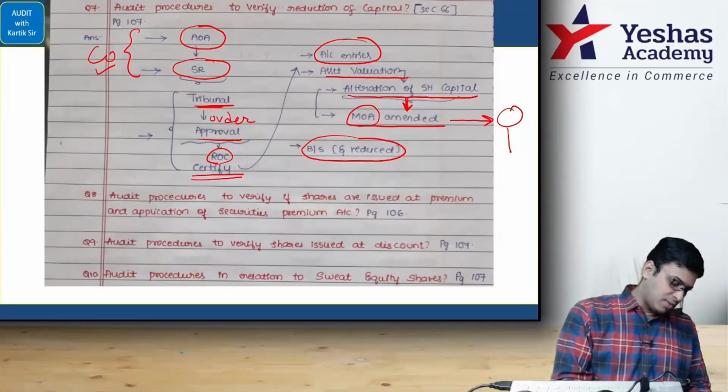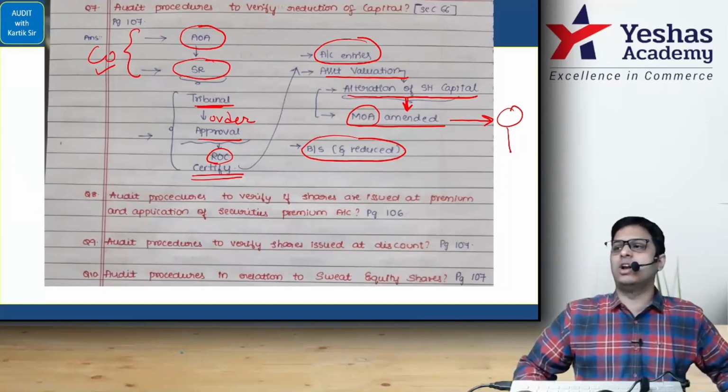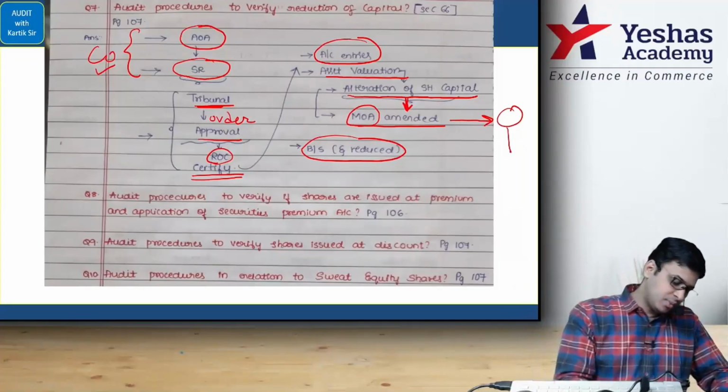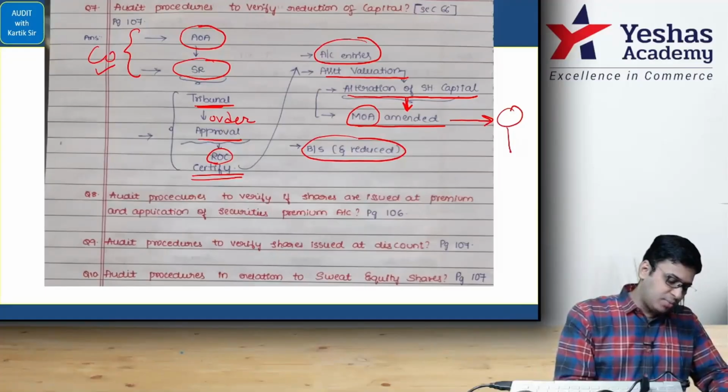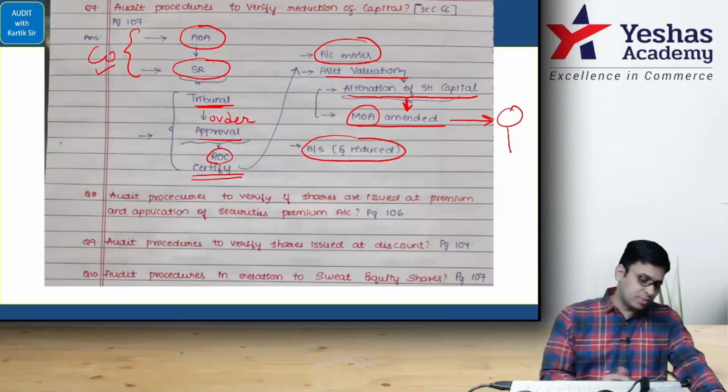So point number 7. Adjustment made in the members' account in the register of members. Now, I hope you understand that in today's times, share certificates and all are not there. What is that? Demat form. But they are written from the earlier angle. So if you want to write the point, you write this point. See this. Confirm that either the paid up amount shown in the old share certificates has been altered or new share certificates have been issued in lieu of, means instead of the old, and the old ones have been cancelled. So you will check whether the old share certificates have been cancelled.